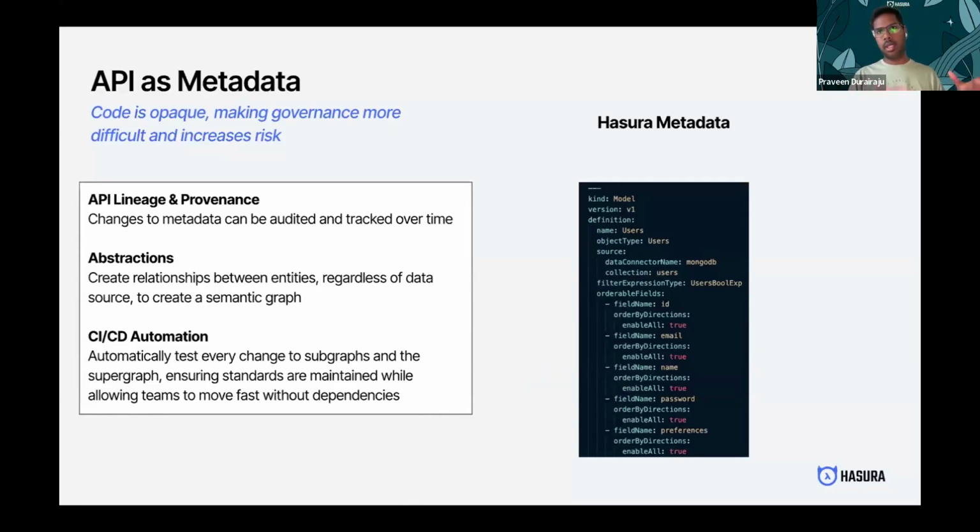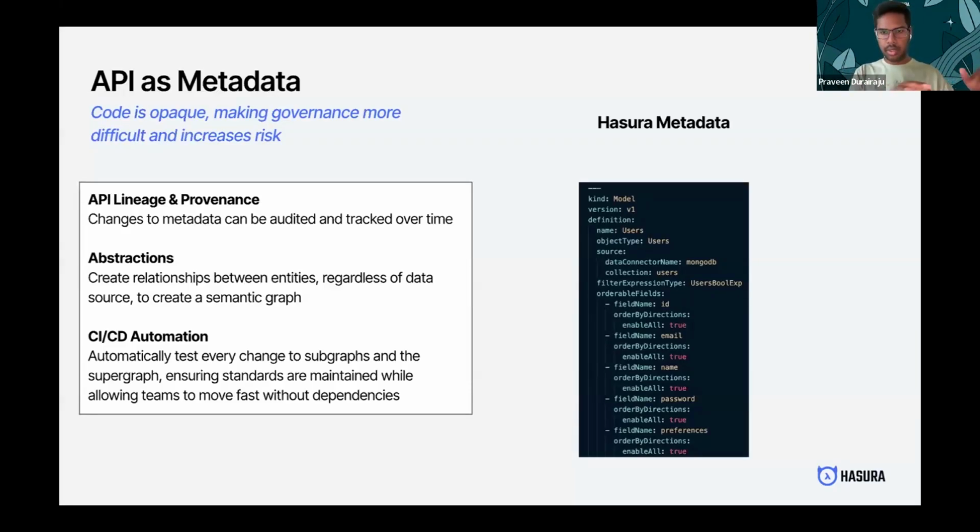So by subgraph, what I mean is a MongoDB or one data source connected to Hasura, or multiple data sources that are connected to Hasura, which a team manages. So there could be multiple teams in the organization, and each team could be managing a subgraph of their own. Now, testing these changes, where different teams and different team members collaborate,